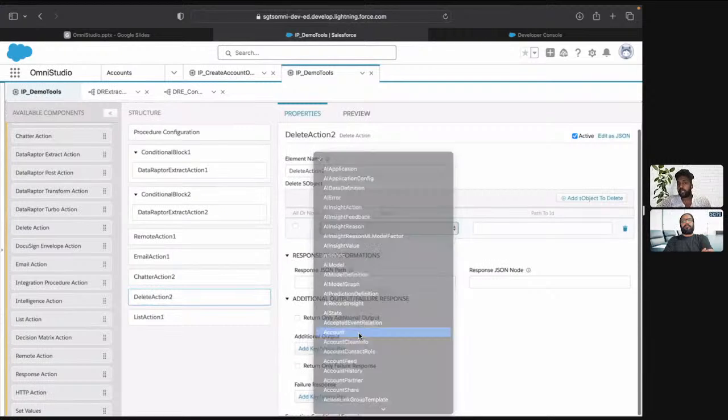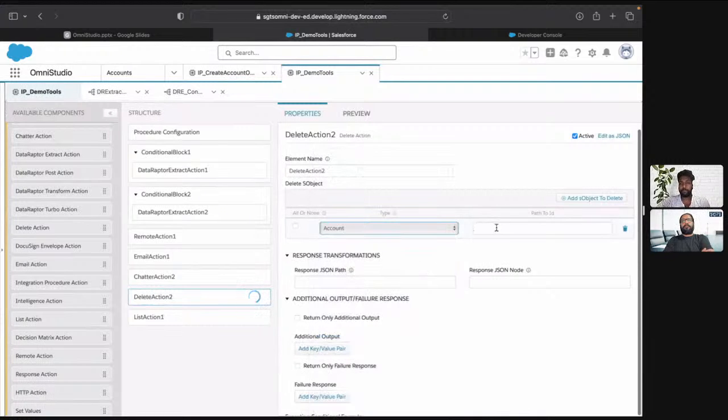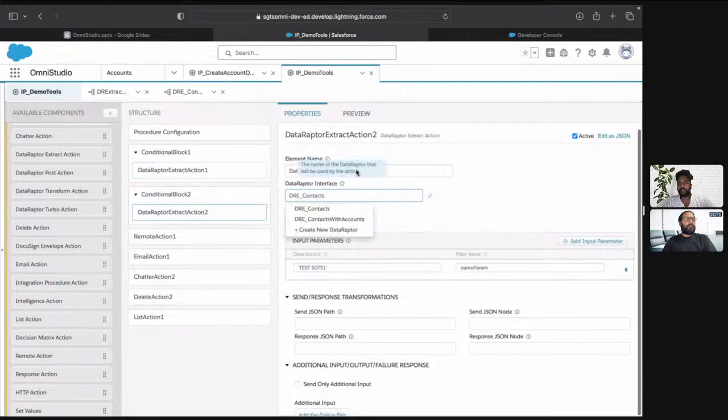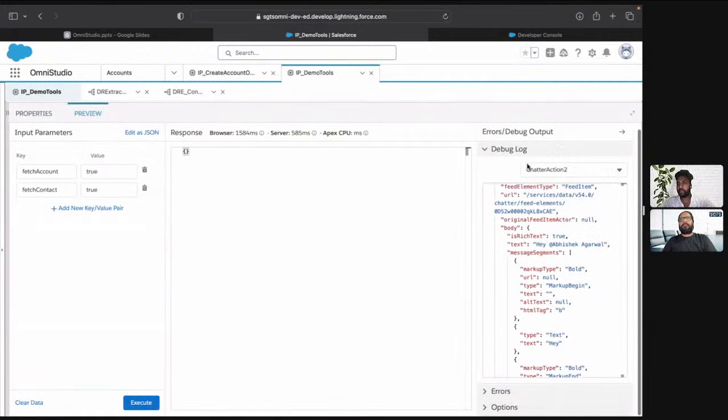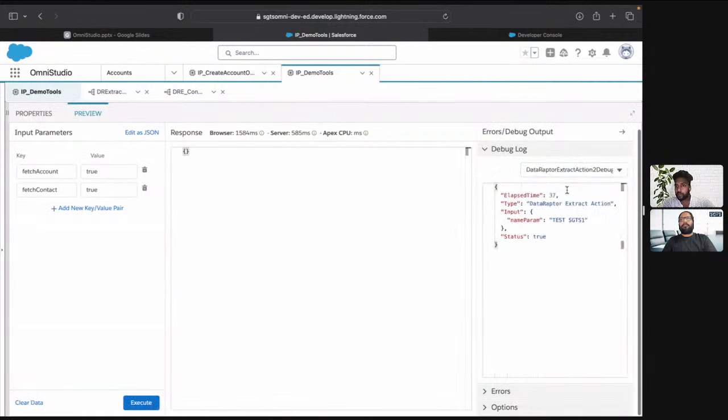So I'm gonna delete the account records, for example, and which records you want to delete. Whatever data I'm receiving from my contact records, this data refers to the extract action. In this one, path to ID, I have to give the path. So how can we do that? The result is coming in this one, and if I go here, sorry,